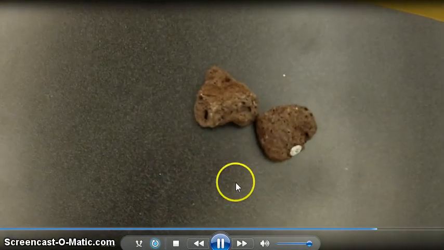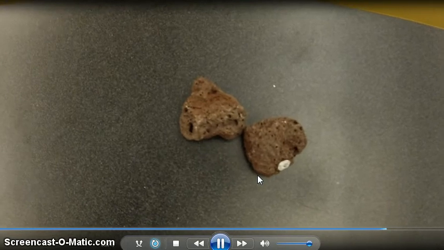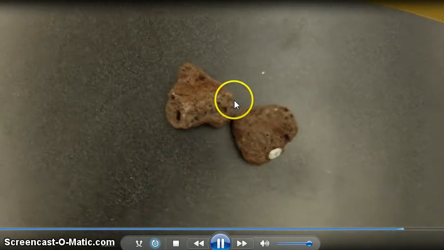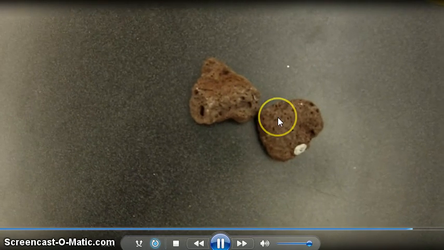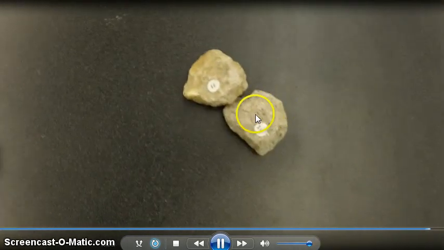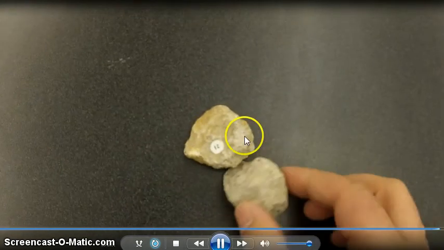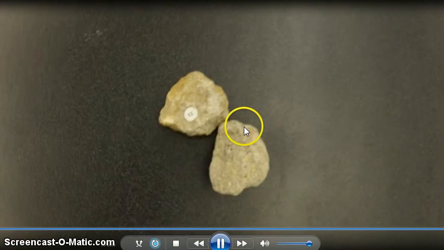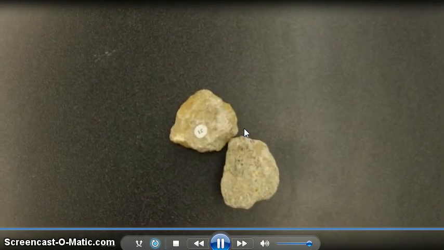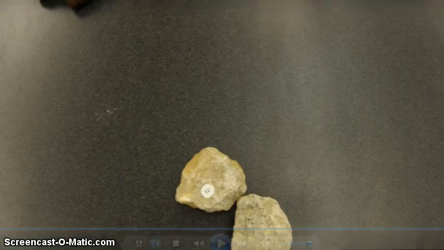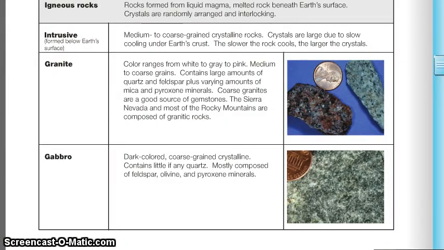Next we have scoria. Scoria is a chocolate brown rock similar to pumice, but doesn't quite have the low density where it would float in water, but is very, very light and kind of foam-like. And last we have our rock tuff, which is another example of an extrusive igneous rock. These are volcanic rocks that would cool at the surface of the earth and be very, very low in their densities. If we come back over here in the textbook,